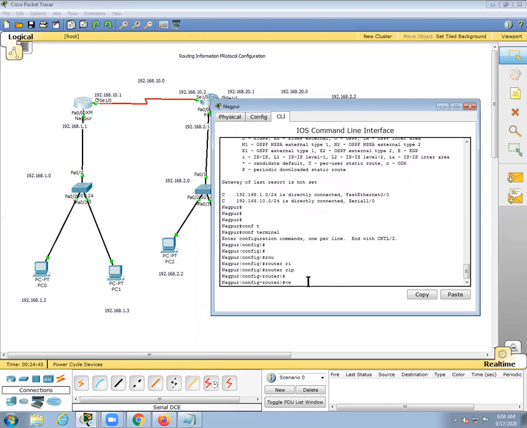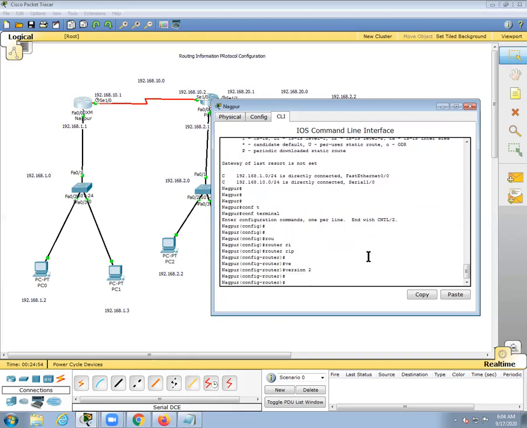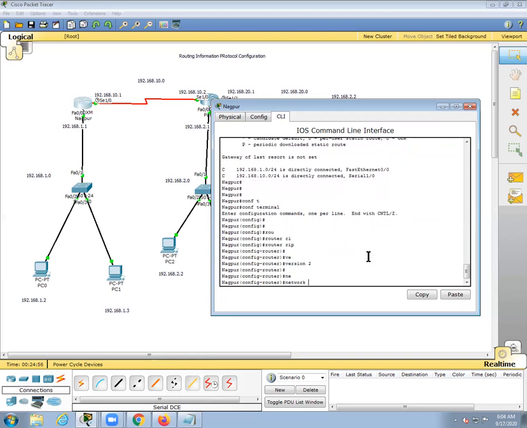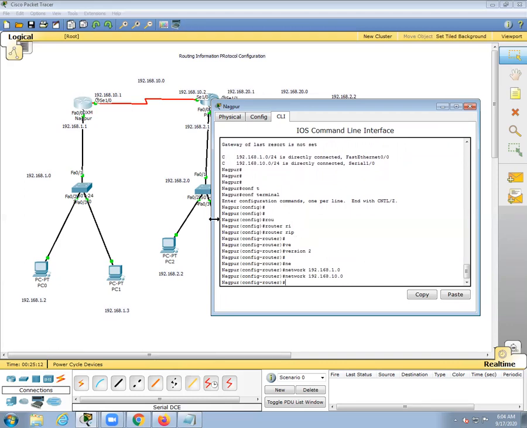Then I am giving the version, I'm providing version 2. As we know, there are two versions of the RIP protocol, version 1 and version 2. Version 2 is better than version 1 for security purposes, classless support, authentication and multicast purposes. So I'm giving version 2. Then there is the command network, which takes 192.168.1.0, my own network first of all. Then the second is my own network 10.0. I need to specify these two. The same command needs to be followed.